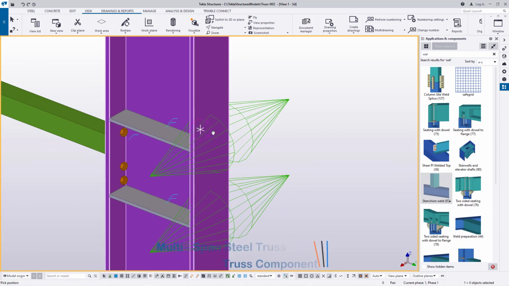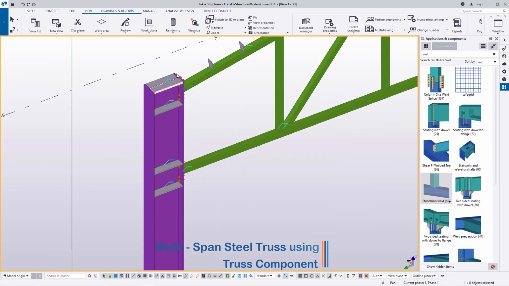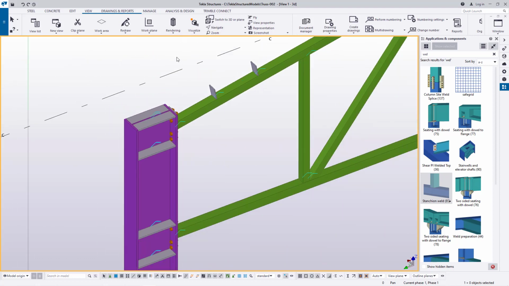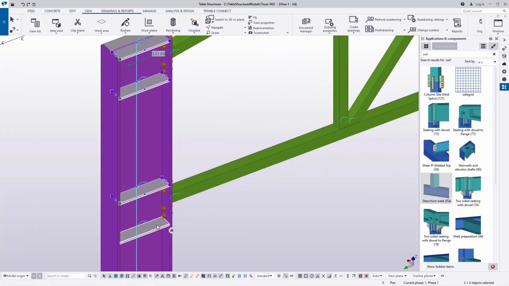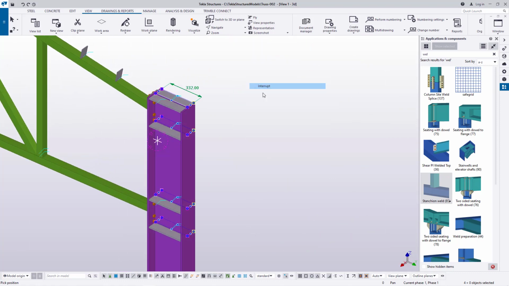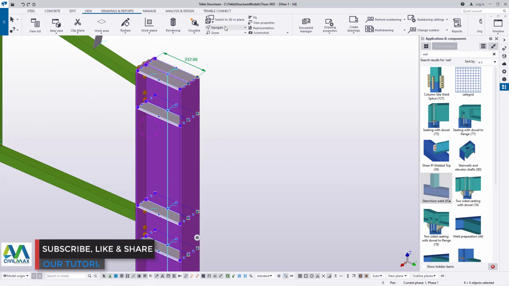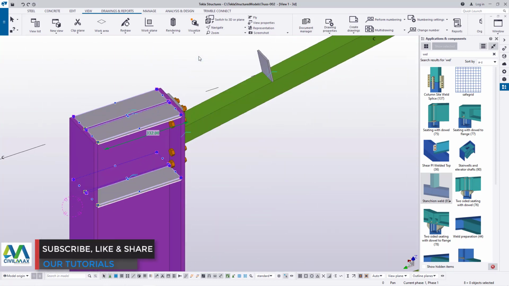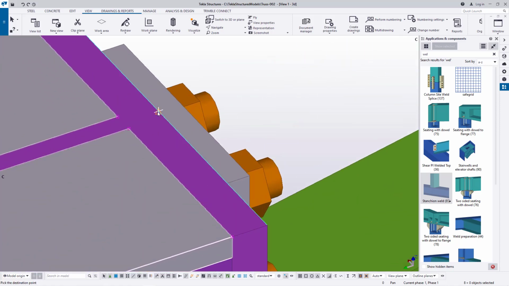So I'll come to navigate and rotate this, right click and redraw to remove everything here. So what I'm going to do, once again, I'm going to select everything. I'm going to select this, press Ctrl, select on that, select on this and that, then come to navigate and rotate this. Press Ctrl, select on this, that and this, and we want to copy all these components to other columns. I'll right click and come to copy, and I want to copy them from that position